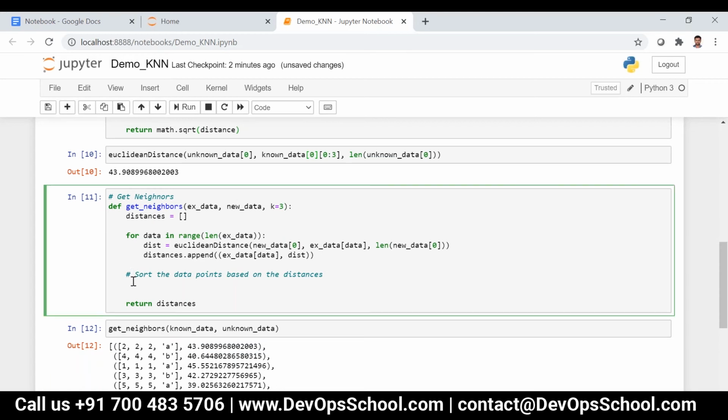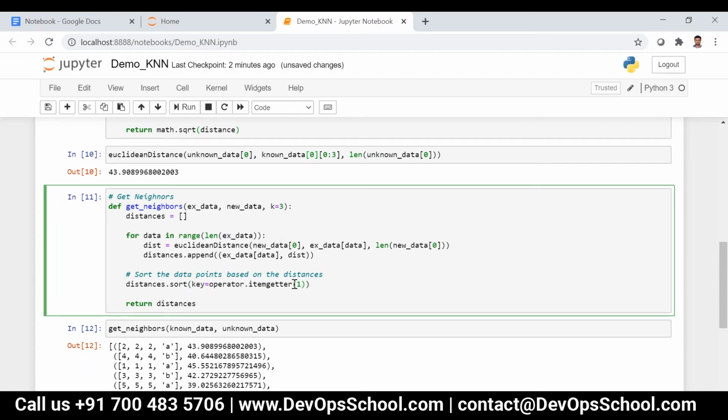I can write distances dot sort. Sort is a method basically, and then key is equal to operator dot itemgetter of 1.